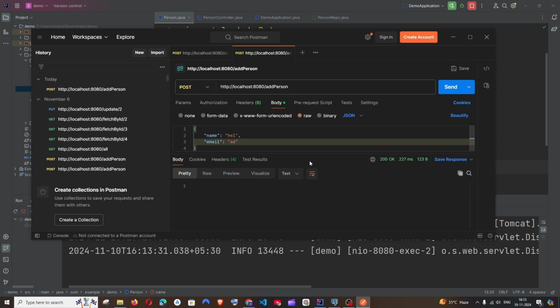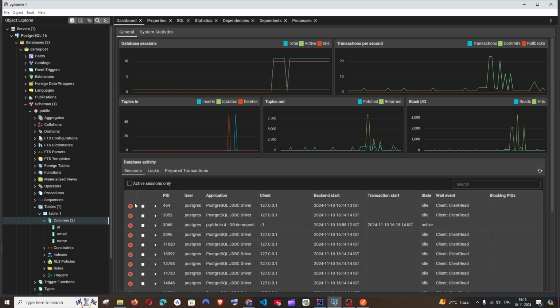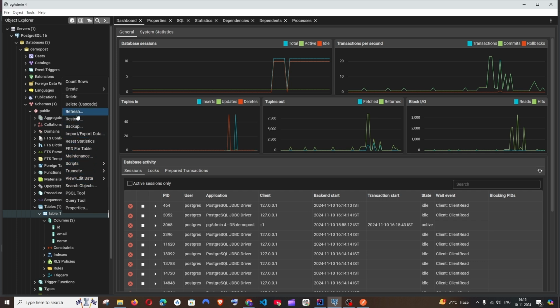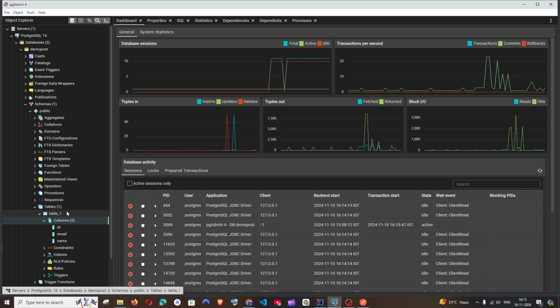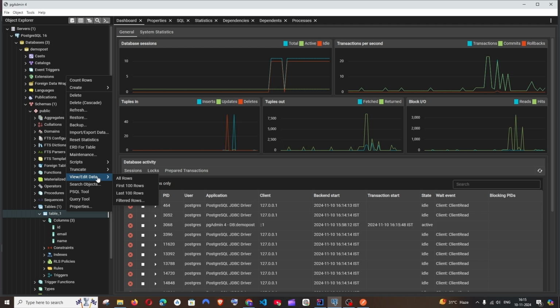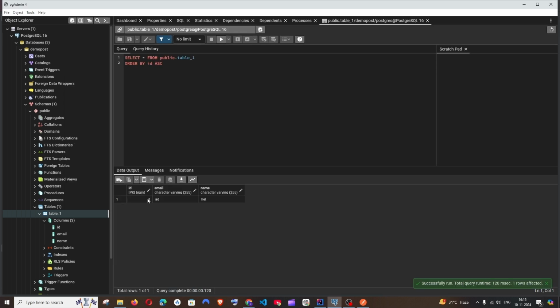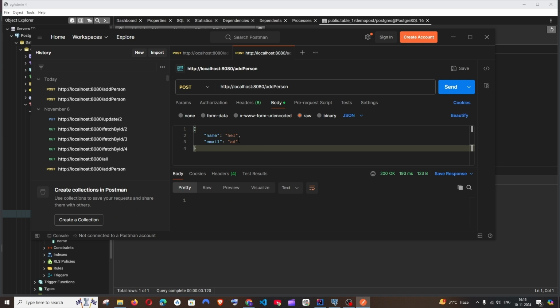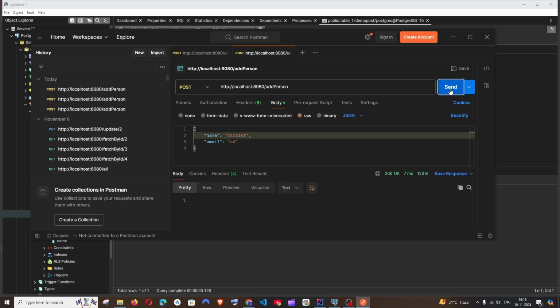Yeah, we are getting the status as 200, which means that it's perfect. So now if you go to our PostgreSQL database and click on the table name and just refresh it first, and after that right click and go to view edit data and all rows, and here you can see we're getting the ID as 1, and we're also having the email and the name, which are just random values that I sent. And if you want to put it again, send,